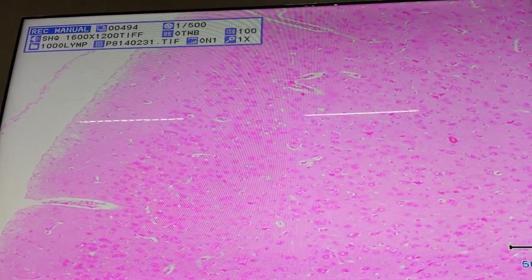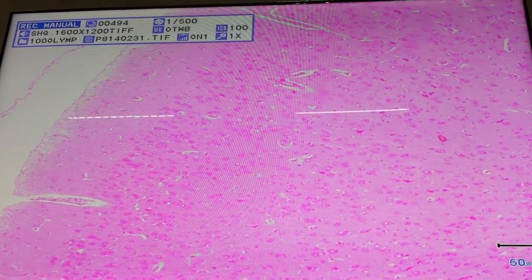Next, we have the cerebrum. We have 3 slides for the cerebrum. This one is H&E, as indicated by the stain. So what we have to identify here would be the